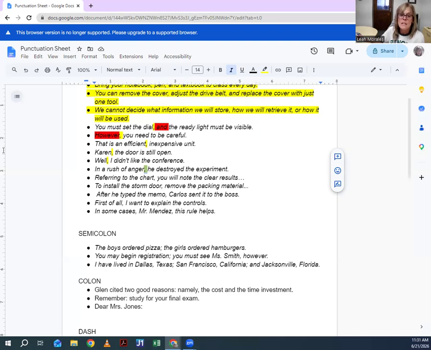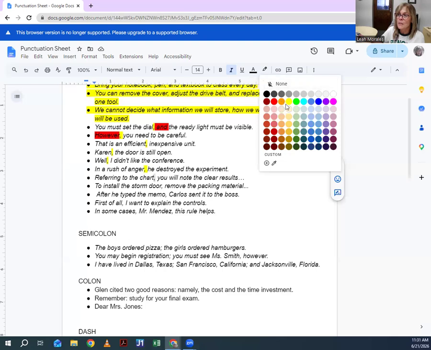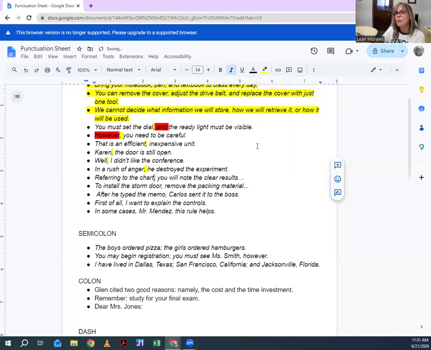Okay? Participle phrases. Referring to the chart, you will note the clear results. You put a comma here. And I realize when we're getting into some of this, not a lot of people write this type of way anymore. And sometimes in business writing, it's not even the most accepted way or perhaps the best way to write, but you need to still know the rules. If you're going to begin a sentence with a participle phrase, referring to the chart, comma, you will note the clear results. Infinitive phrases. To install the storm door, comma,